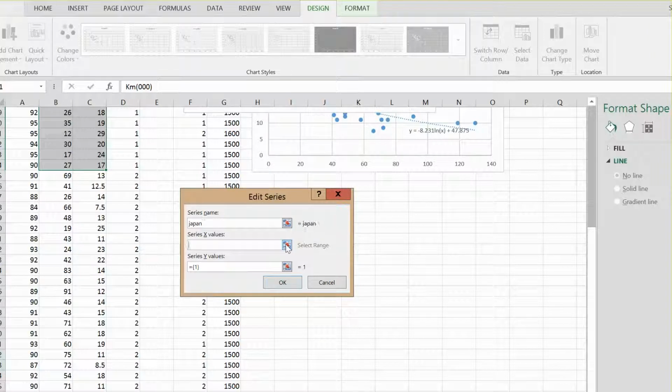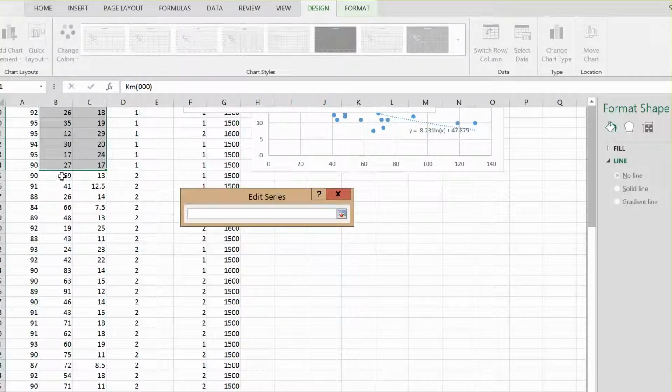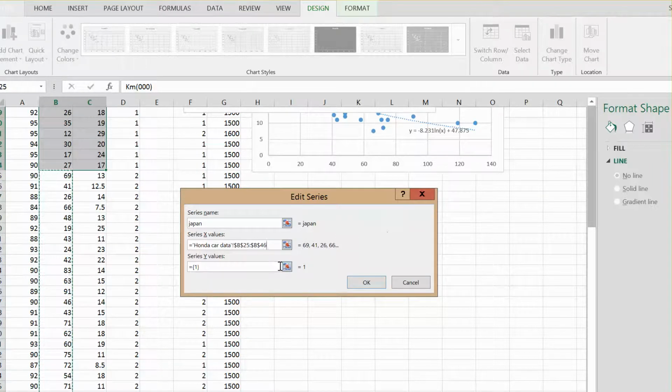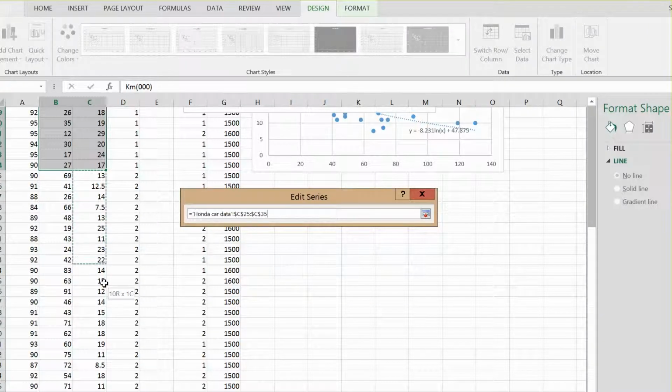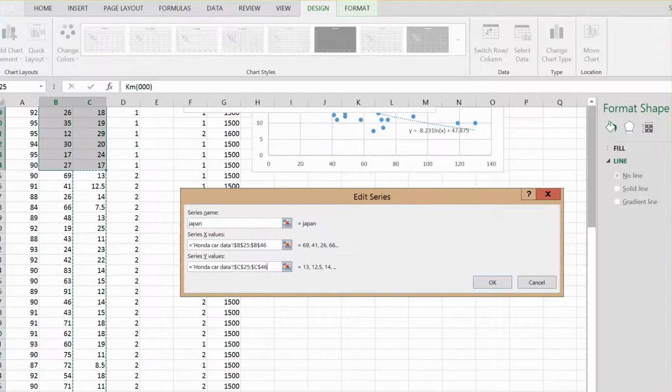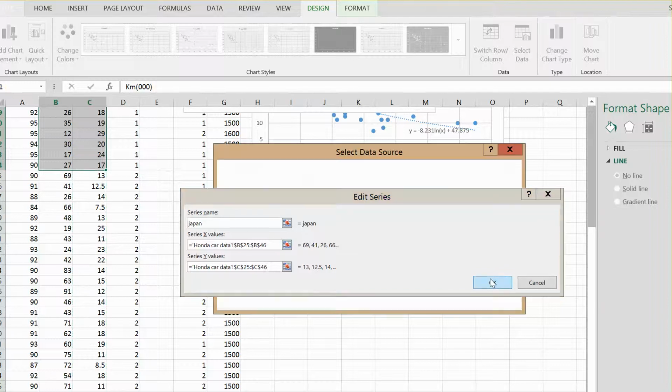If you click here, it allows you to select the X values, which in this case was the kilometers driven. Press enter, and for the Y you want to delete that away and select the Y values, which would be this part of the graph. Right, that's Miss Fogarty. Press enter. We've got both of these things in here now. You can press OK